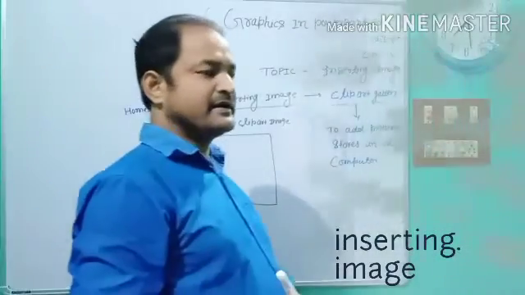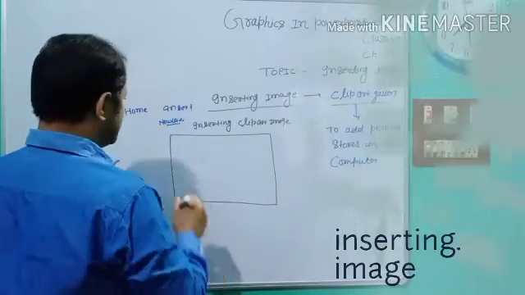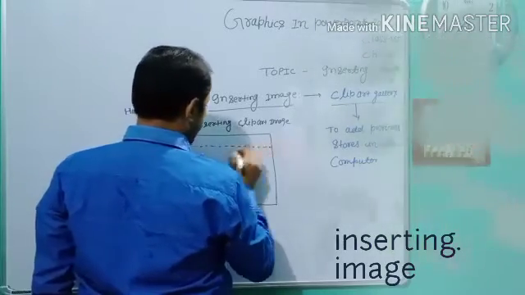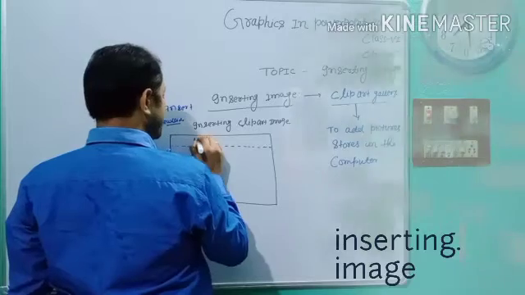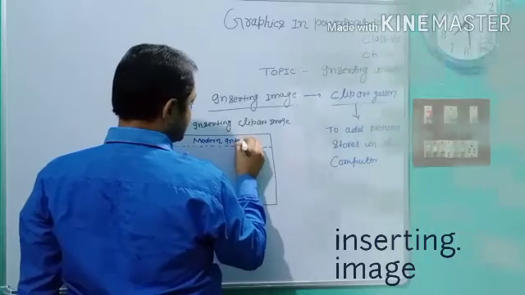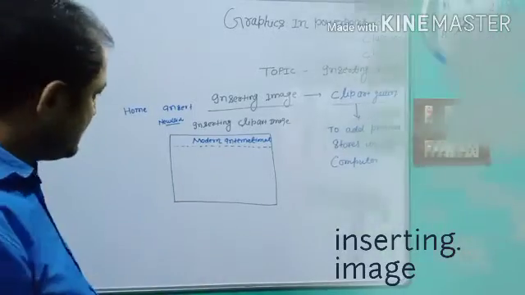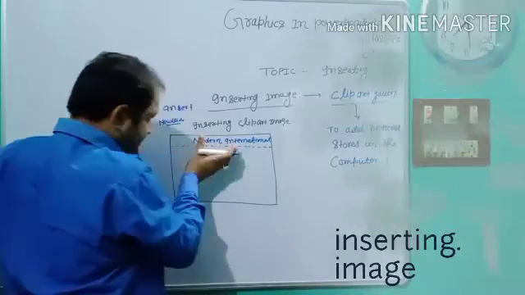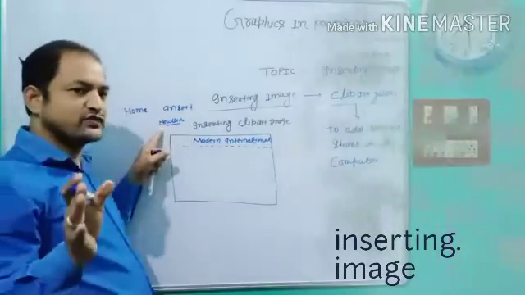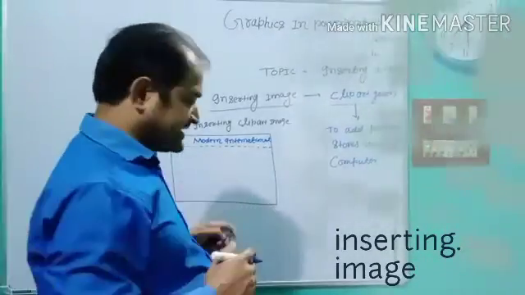PowerPoint shows so many slides in front of you. So you just put the heading slide. This is the heading slide. Suppose my heading name is Modern International School. You write it down in this area. There are so many such types of slides, so you click on the new slide and then choose the heading slide.